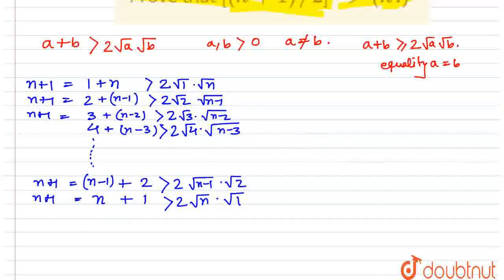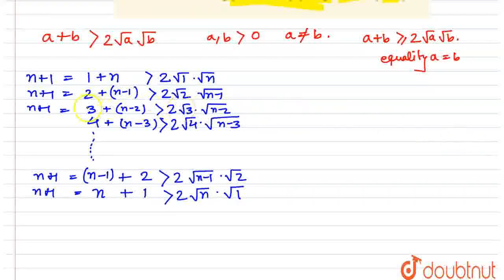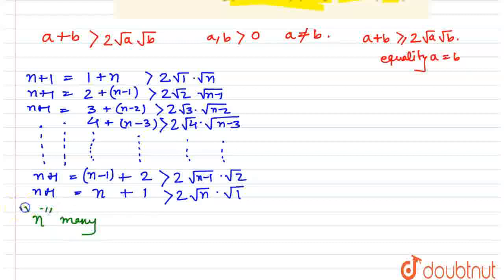So how many inequalities have we produced? We have produced n many inequalities. Now because both sides of the inequalities represent positive numbers, we can just multiply them up, and the inequality sign would still remain the same. Now there are n many inequalities, and if we just multiply them up,